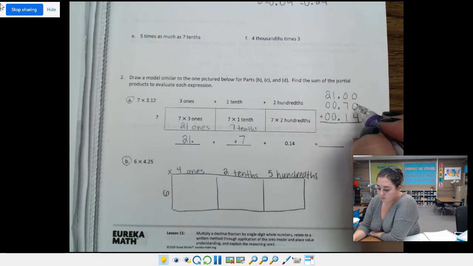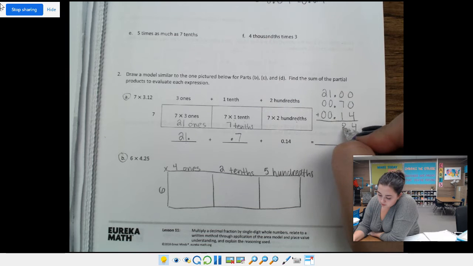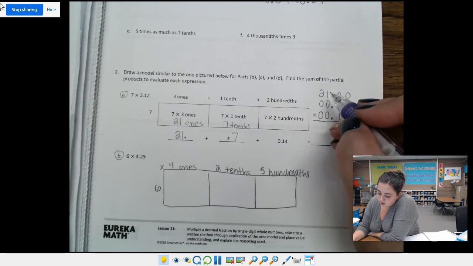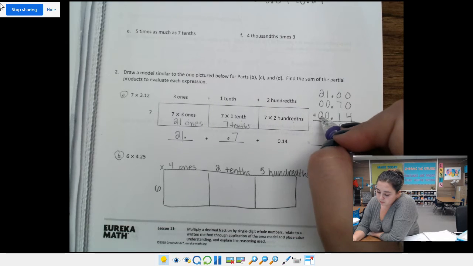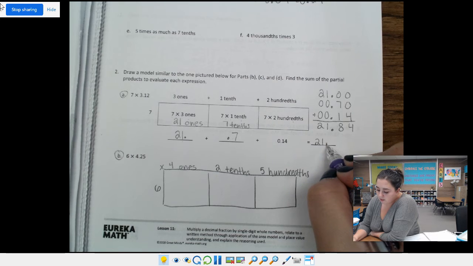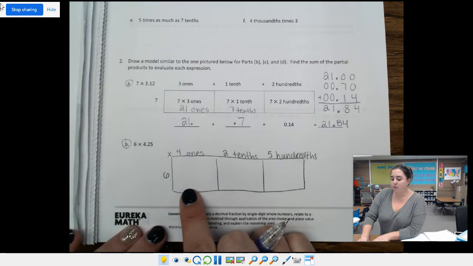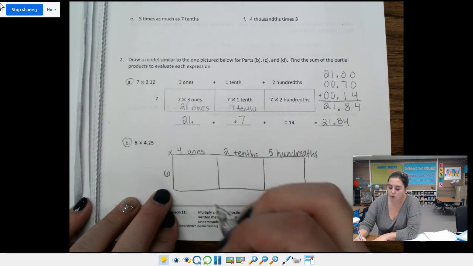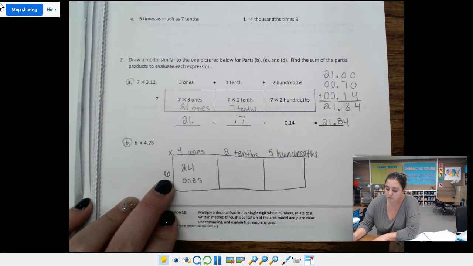So I have 0 plus 0 plus 4 is 4. 0 plus 7 plus 1 is 8. 1 plus 0 plus 0 is 1. 2 plus 0 plus 0 is 2. So our answer for this should be 21 and 84 hundredths. How'd you do? All right, down below,